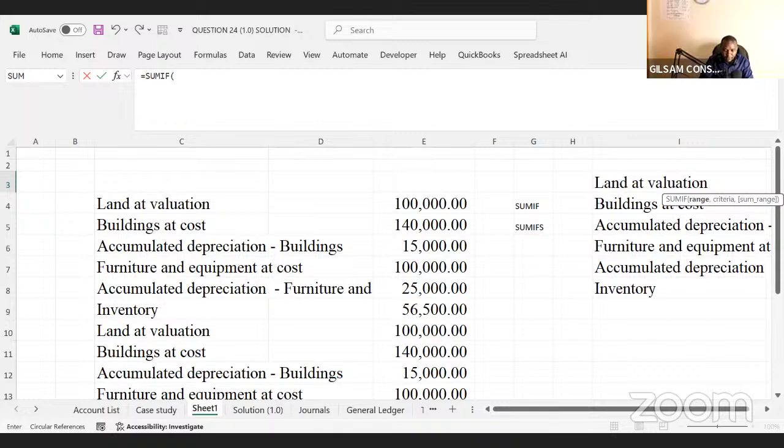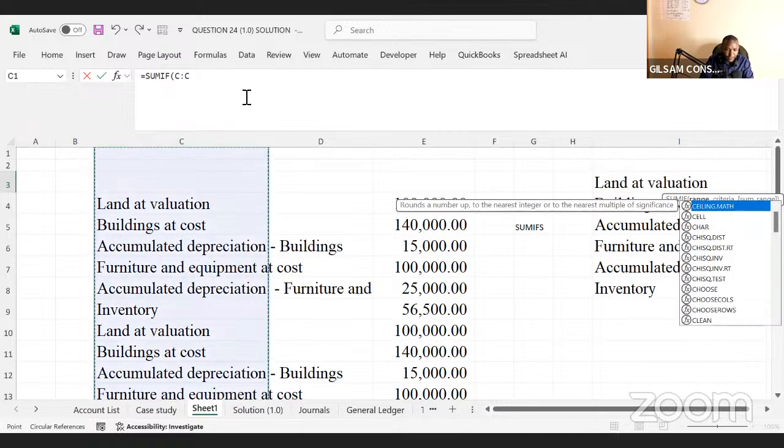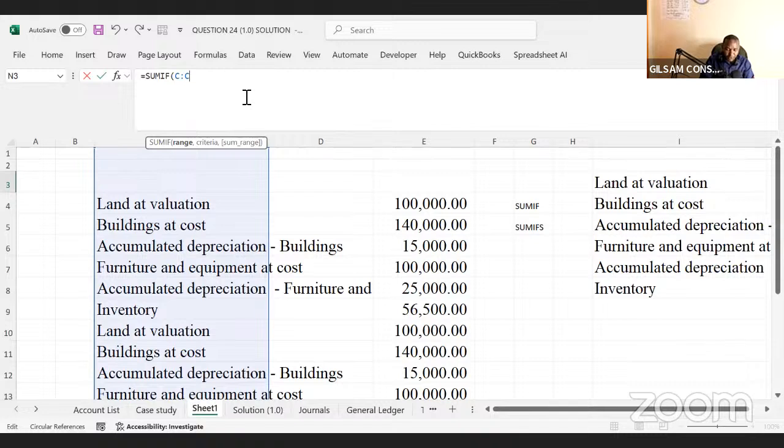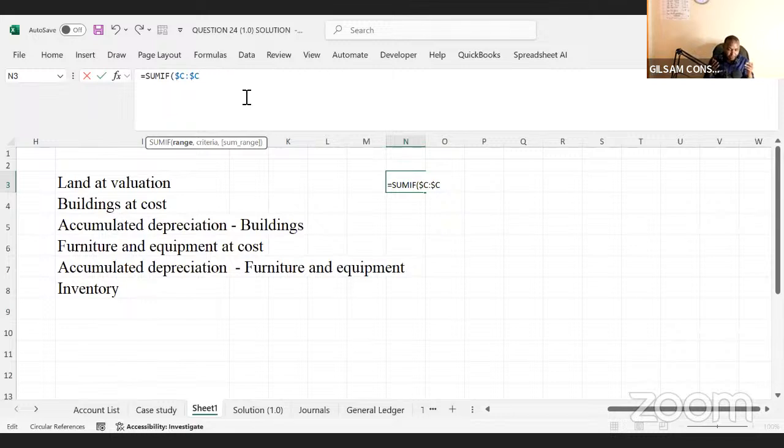So once you have that, you click that column C, that is your range. And don't forget, we said, whenever you are using a formula, you make sure that you lock that column. So we need to lock the column C by pressing F4. Kuna keyboard zingine, ukipress F4, ita lock immediately. But kuna zingine, you have to press FN plus F4 so that you can lock that. So after locking that,